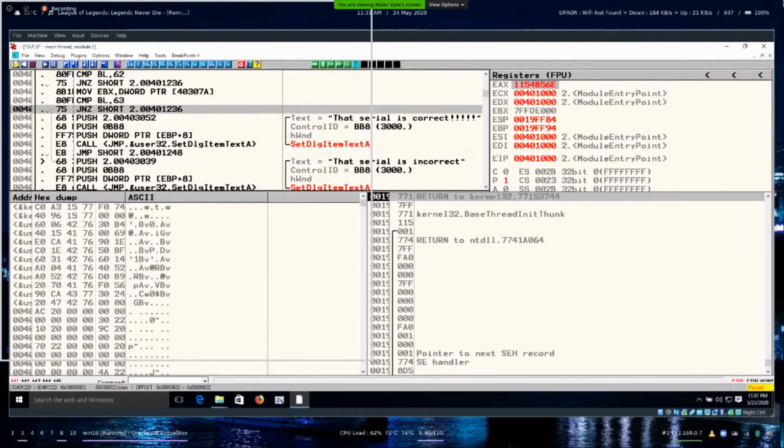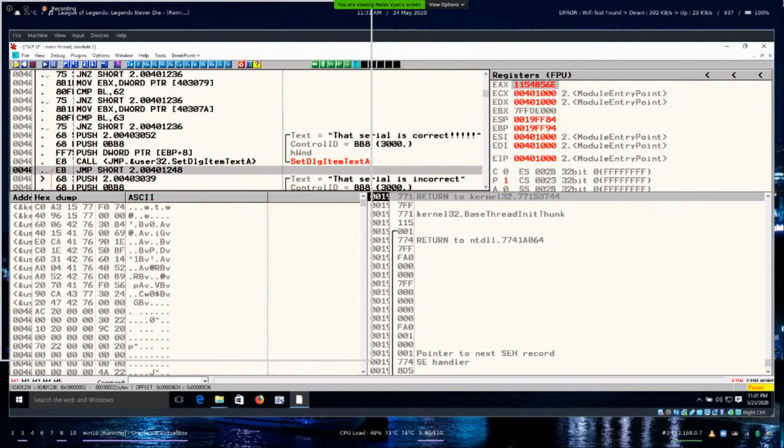This is the jump instruction, JNZ, and here the gray line means the CPU would not take this path. This is the red, which means that it will. So we need to analyze the instruction before that.